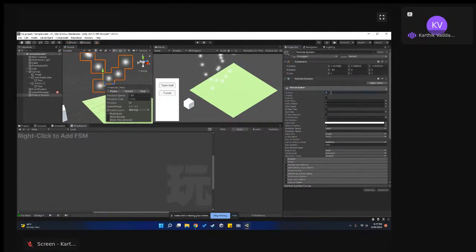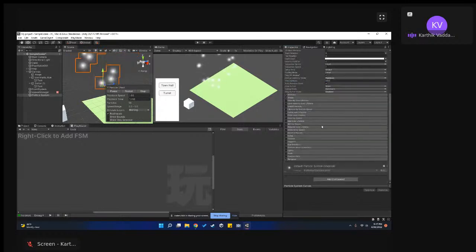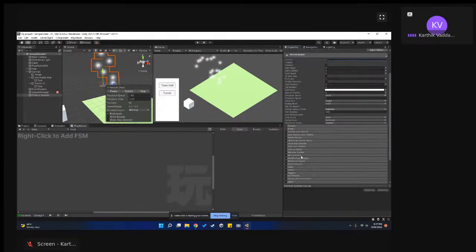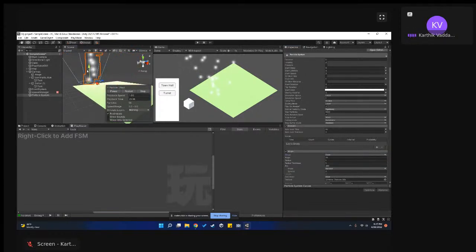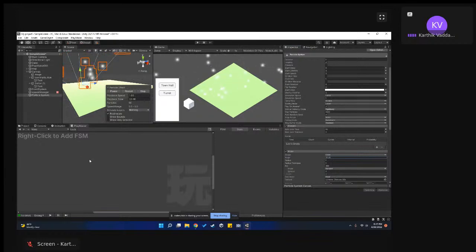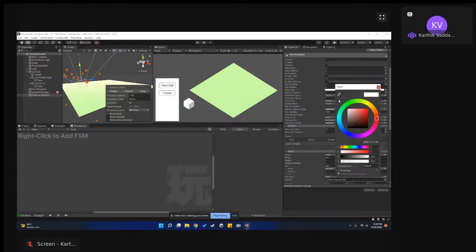So I just quickly change the duration to, let's just say, 1. And this will be a lot of particles in a cone kind of shape. And this is going to be around the building that we place. And it should be affected by gravity, so I'll just make it 1. And the size of the particles can be really small. And maybe we'll change the